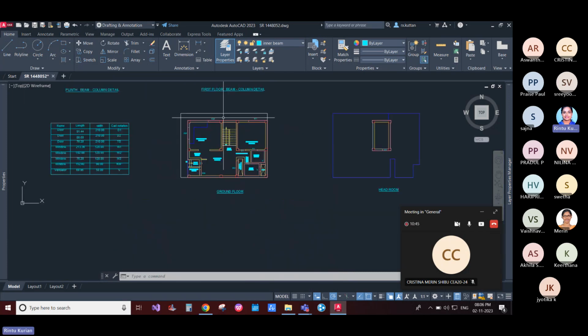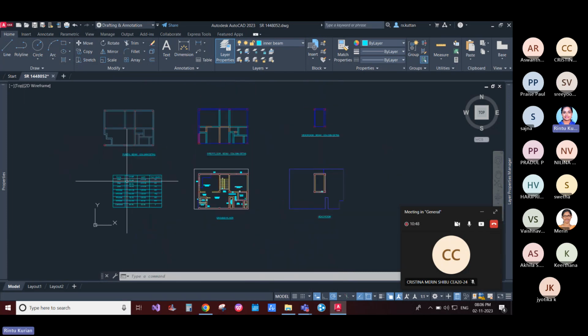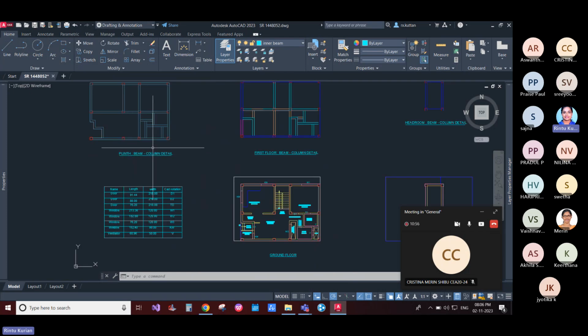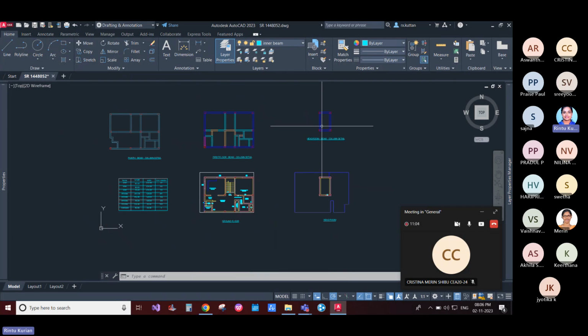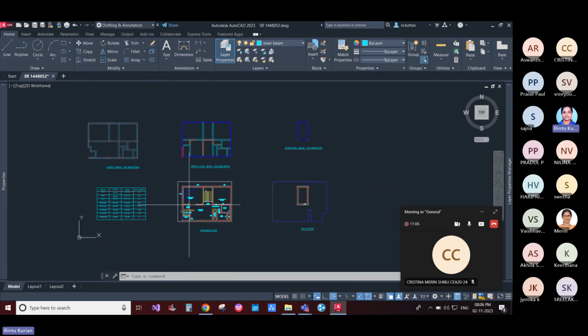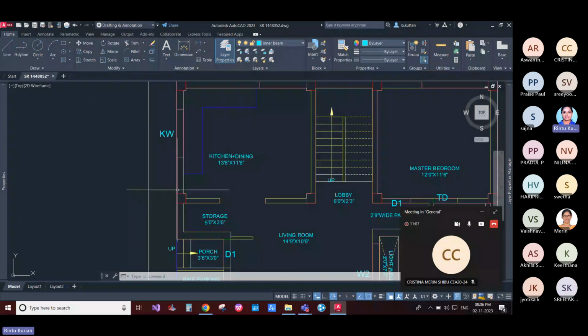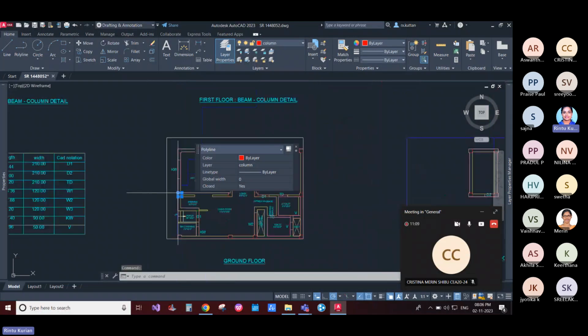Okay, after drafting, here you can see that I have a joinery table, the arc plan for ground floor and the headroom. Similarly, I have the plinth beam foundation layout. Then the ground floor roof beam layout and the headroom beam layout. And you can see that the columns have been pasted in both the art drawing as well as the structure